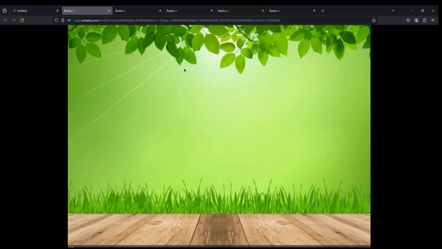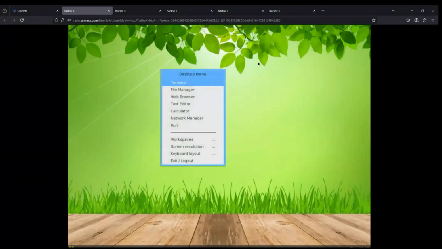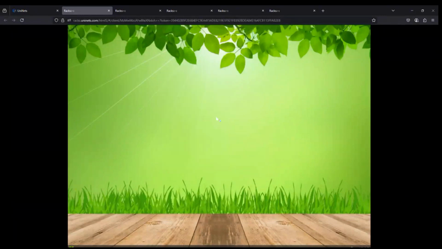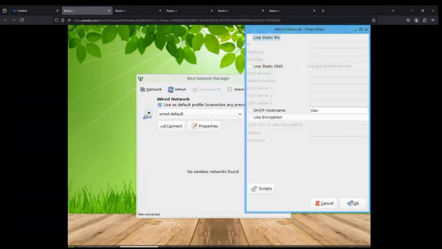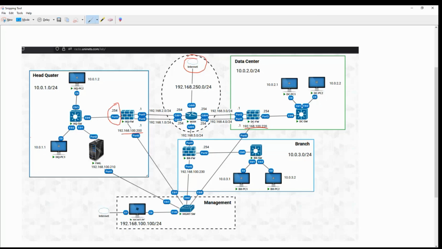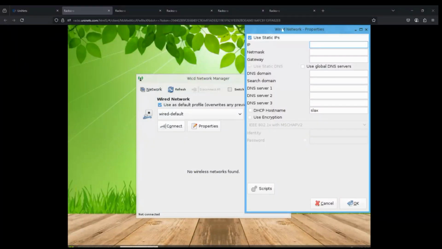I can see the console. If I right click on the desktop, I would go to the network manager option, and from here I would select the property. I would select use static IP. There I would define the client IP, right? So for this client, my IP is 10.0.0.1. So let me just configure the IP there. IP is 10.0.0.1. Sorry,